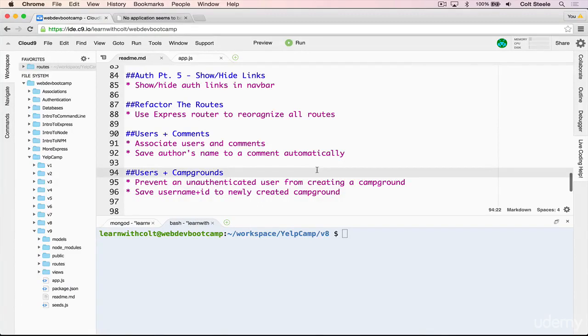Welcome back. In this video, we're basically going to do the same thing we did in the last video with users and comments, but we're going to do it for users and campgrounds. There are two main ideas. The first is that we don't want someone submitting a new campground if they're not signed in. We don't want anyone just to go and create a campground unless they have an account. Anyone can view the campgrounds, anyone can read comments, but you can't submit a new campground or a new comment